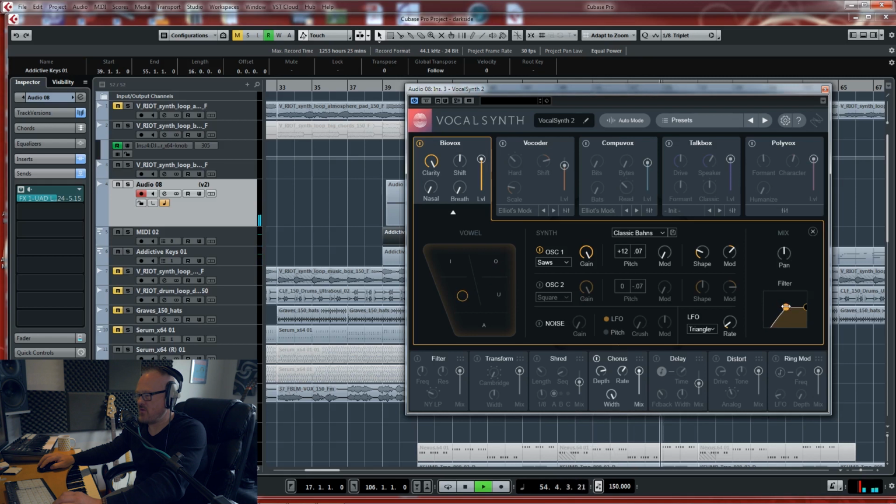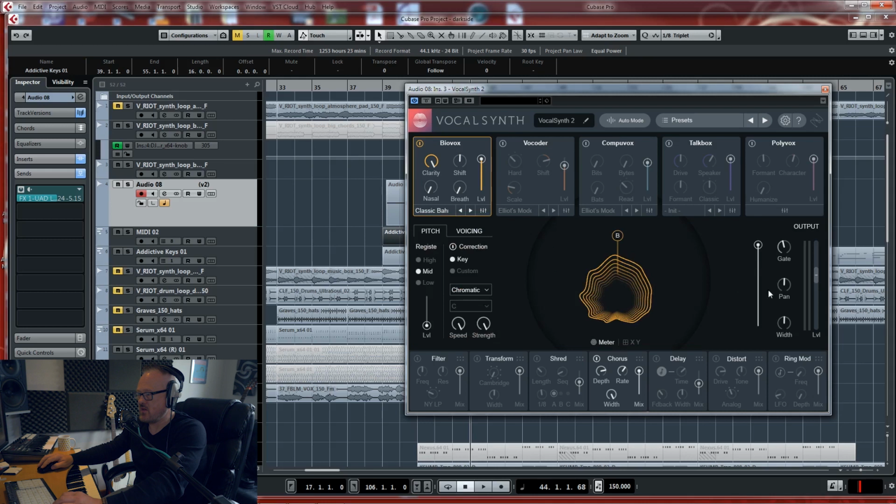A high pass filter there. Oh, that's good. So that creates like an octave above. So if we go back to the mixer.